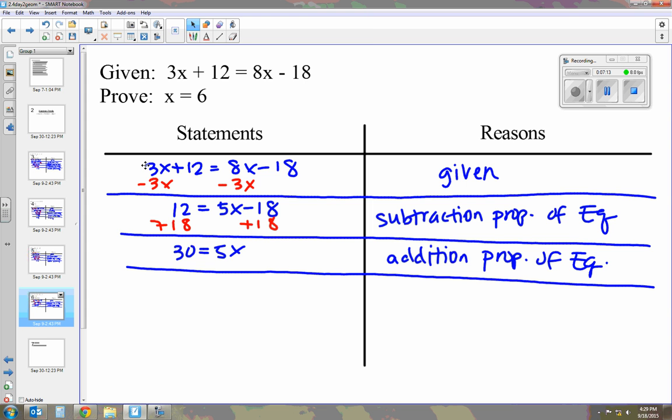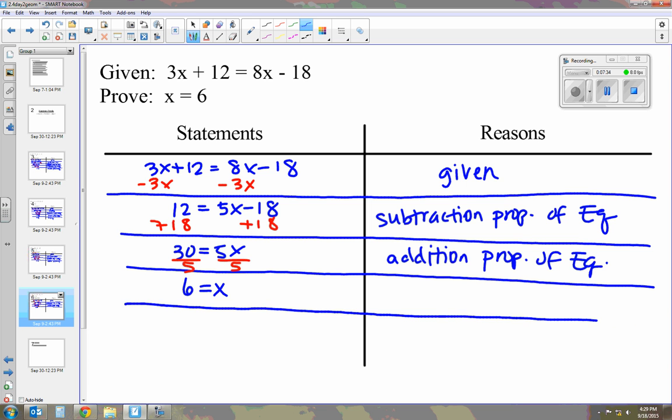All right, next I'm going to divide. Now be really careful because you really want to put that x first because it's just natural to put the x first, but you cannot put the x first because in a proof we have to line it up exactly as we see it. So this 30 divided by 5 is 6 equals x. You have to put it exactly like that. Okay, so that's our division